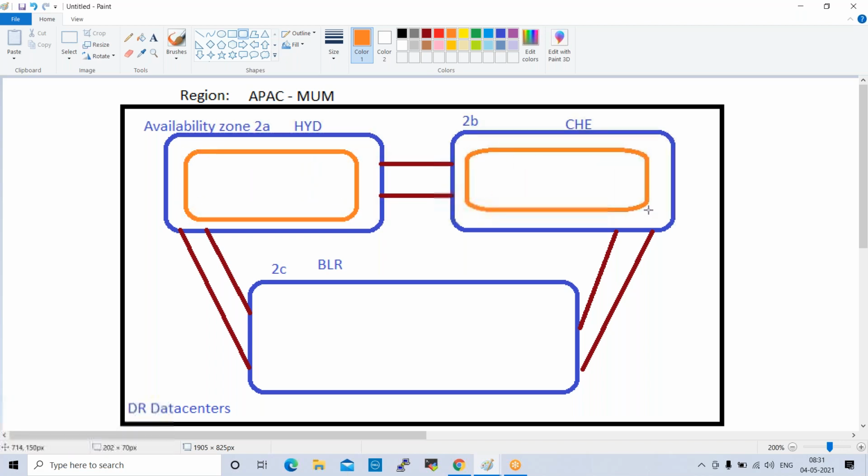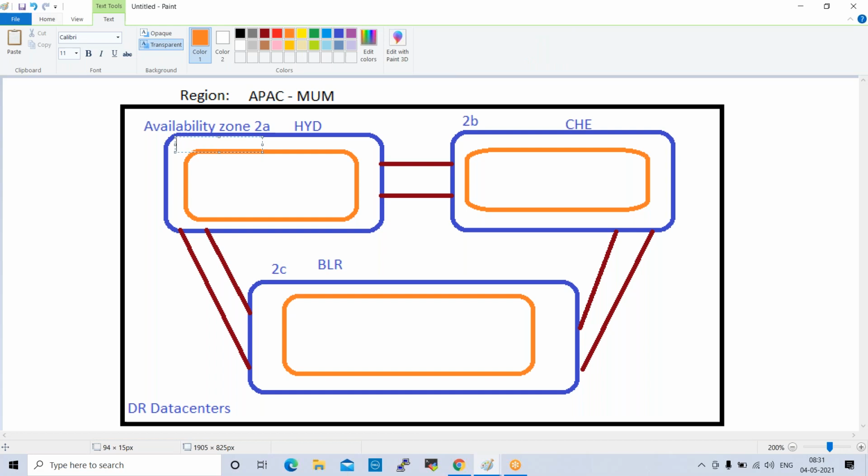VPC stands for Virtual Private Cloud. It is a virtual network, some space instead of the data center. So instead of the availability zone, we create a VPC.